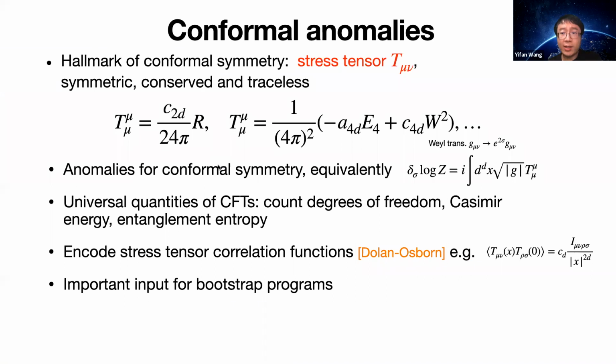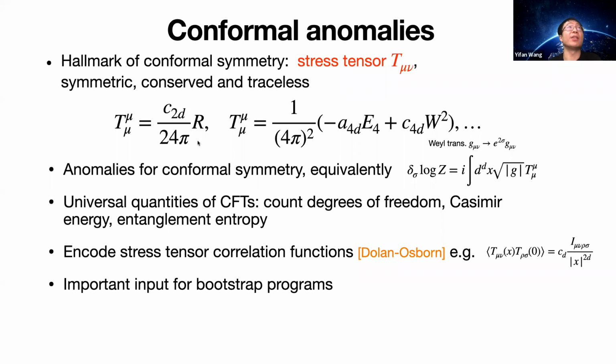Okay, so one of the most important observables at the CFT are the conformal anomalies. So what are conformal anomalies? This is coming from one of the hallmarks of conformal symmetry, the stress tensor. When you have a conformal field theory, the stress tensor is another current for translation symmetry in general relativistic quantum field theory. But in the conformal field theory, the stress tensor, in addition to being symmetric and conserved, is also traceless, classically. But with quantum corrections, the trace of the stress tensor can develop an anomaly,